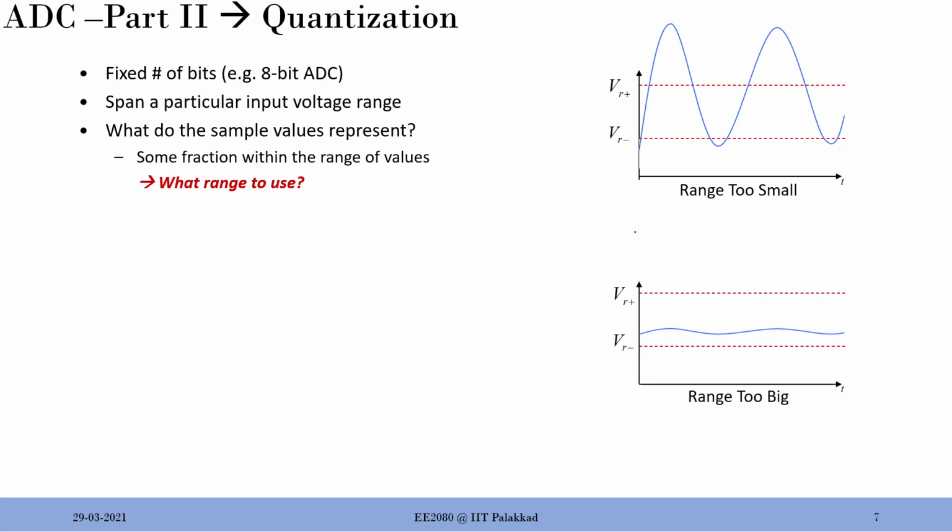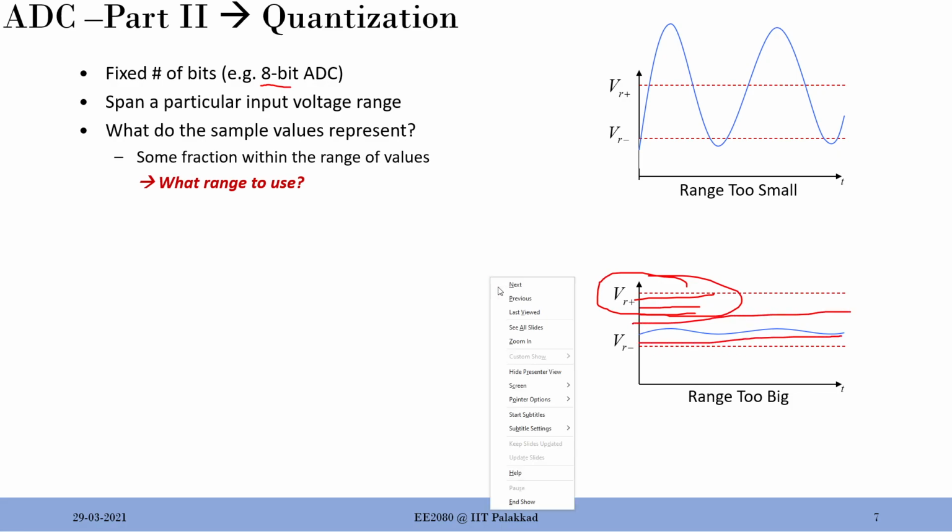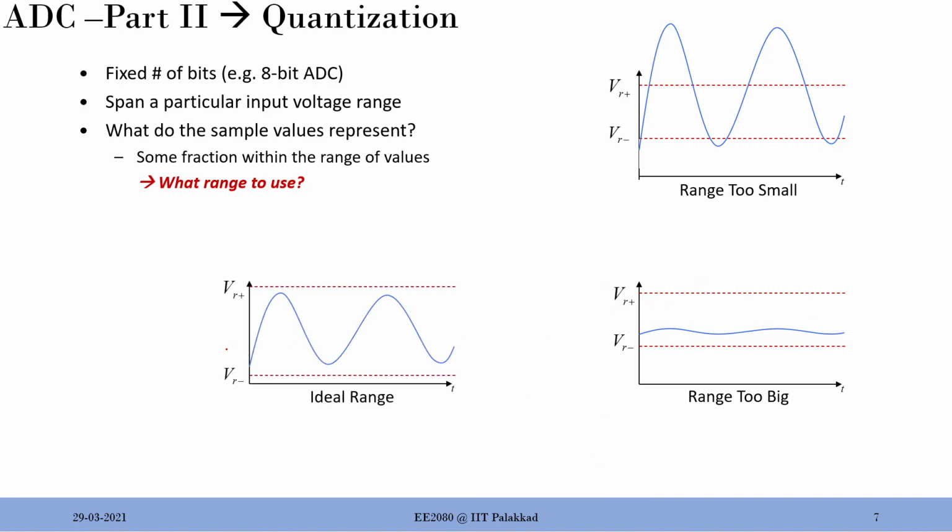What about this range is also too big, because the divisions here, right? You are going to divide your VR minus to VR plus into an equal number of levels based on the bit size, but then these regions are wasted here because there's no signal at all, and the signal is only in this particular range, right? So this is not the best fit. Ideally, something like this will suffice, so that you have a good range and that range is getting divided by the number of bits. Okay, so that's the ideal scenario.